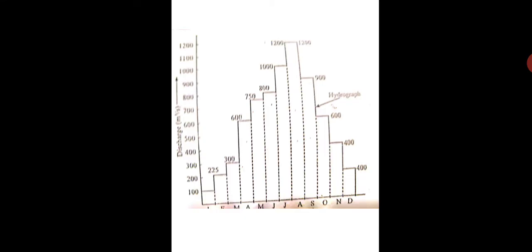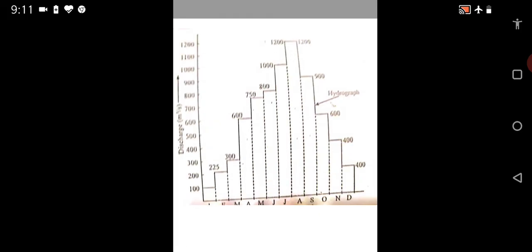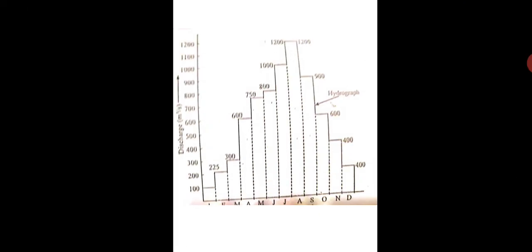Now what? Hydrograph, we have plotted the points like this. Okay. Then we will connect the center point of all these bars. So you'll find the curve like this. It is rising. Okay. The curve is rising limb up to 1200. Then the 1200 is the peak discharge, and then the falling limb. Okay. So this is a hydrograph for 1 year with x-axis showing the months and y-axis showing the discharge. This is how we plot the hydrograph. I think you understand what is the discharges for the particular month in a year.